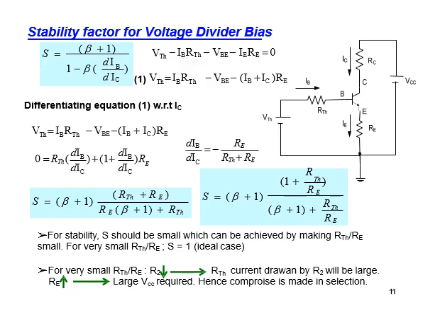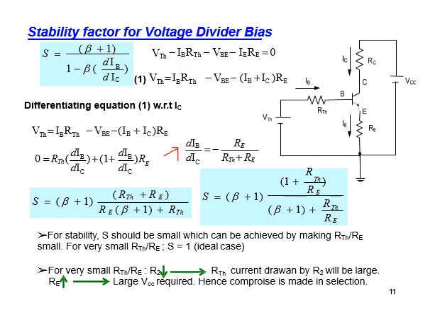Now here the expression for VTH can be obtained as IB RTH plus VB plus IB plus IC into RE, on applying Kirchhoff voltage law on the input side as discussed previously. Now here on differentiating this equation with respect to IC, it becomes 0 is equal to RTH dIB by dIC plus 1 plus dIB by dIC into RE. The differentiation of this constant term becomes equal to 0. So from this equation, the expression for dIB by dIC becomes minus RE upon RTH plus RE.